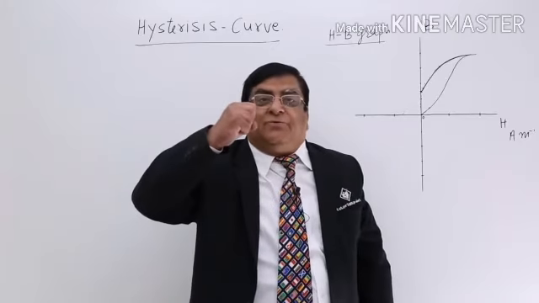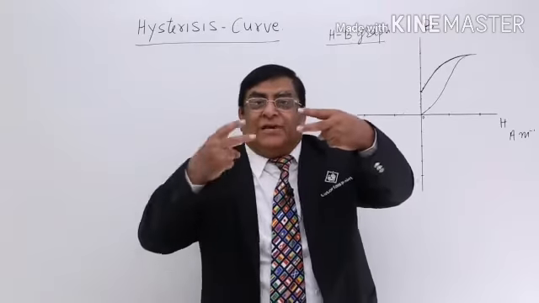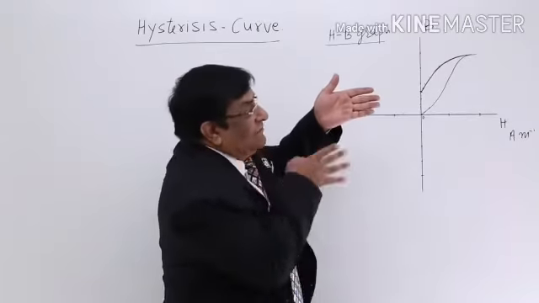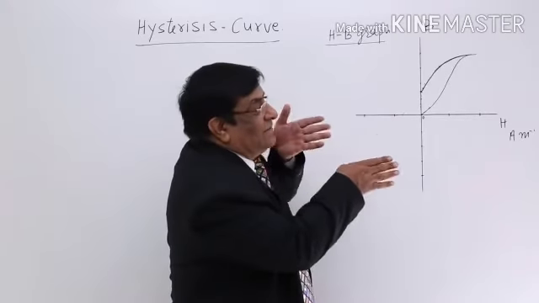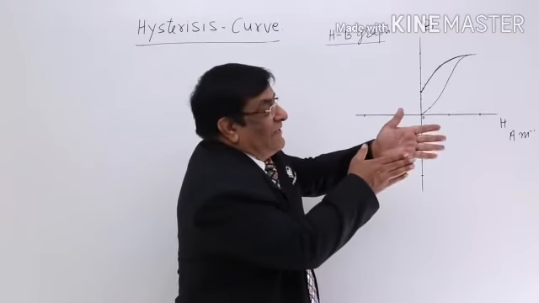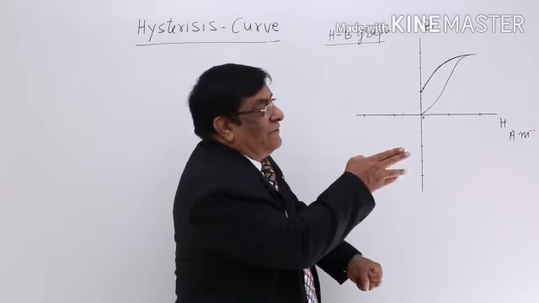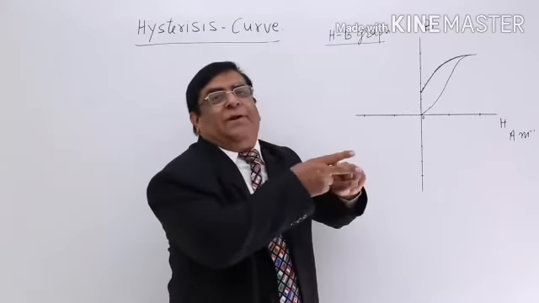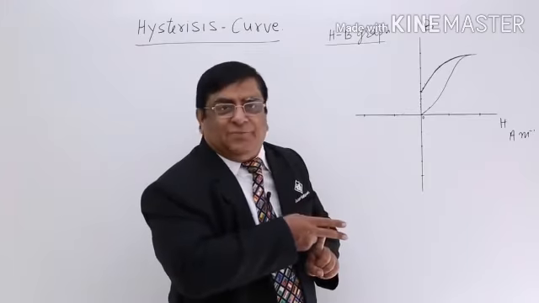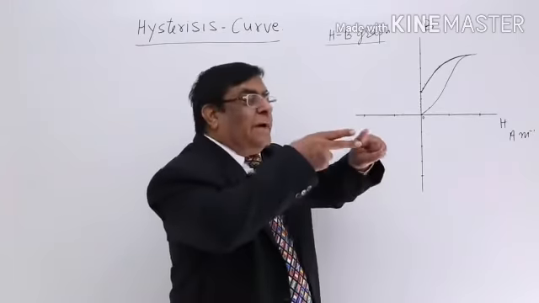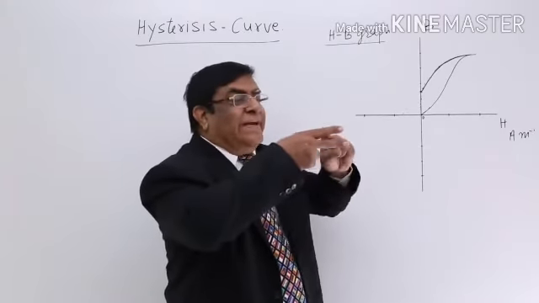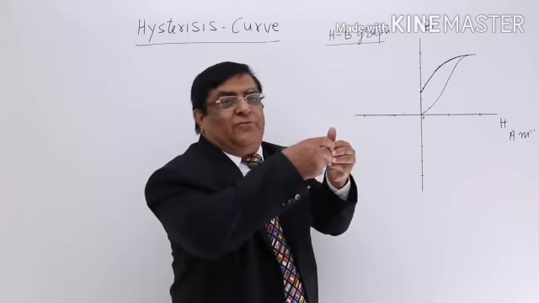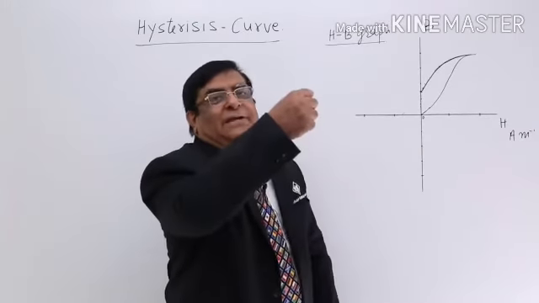For that, we had to apply H in the opposite direction. This H made this magnetic field. H was applied, the magnetic field was created. H is removed, but the magnetic field did not go away fully. It is retained. This happened in the ferromagnetic material, which is made of iron, so some particles still remain aligned like this. To break this up, we apply H in the opposite direction, and that also breaks it up. Now the magnetic field is 0.